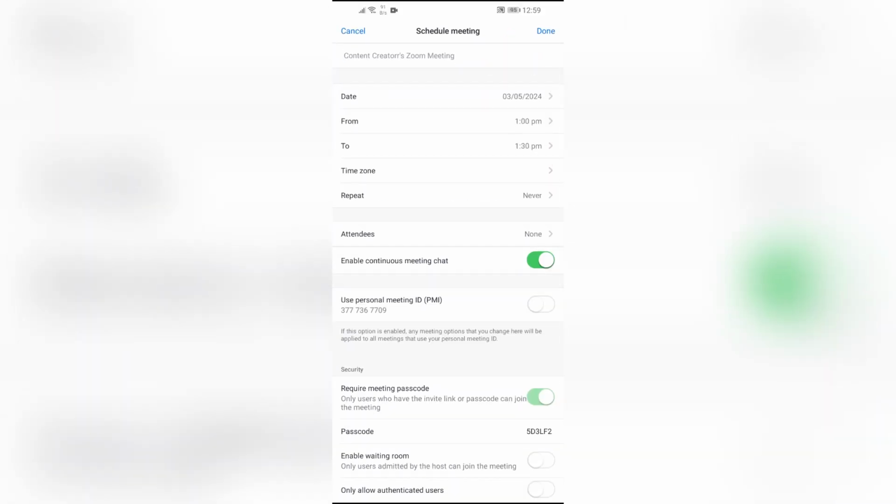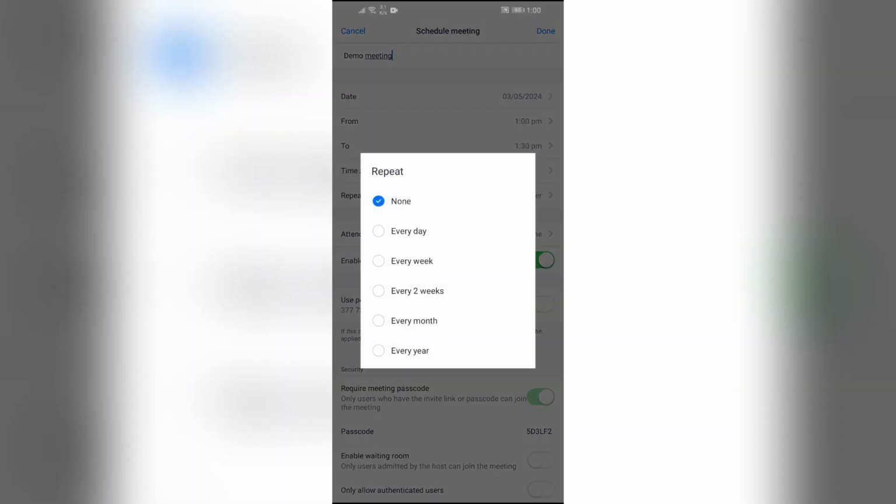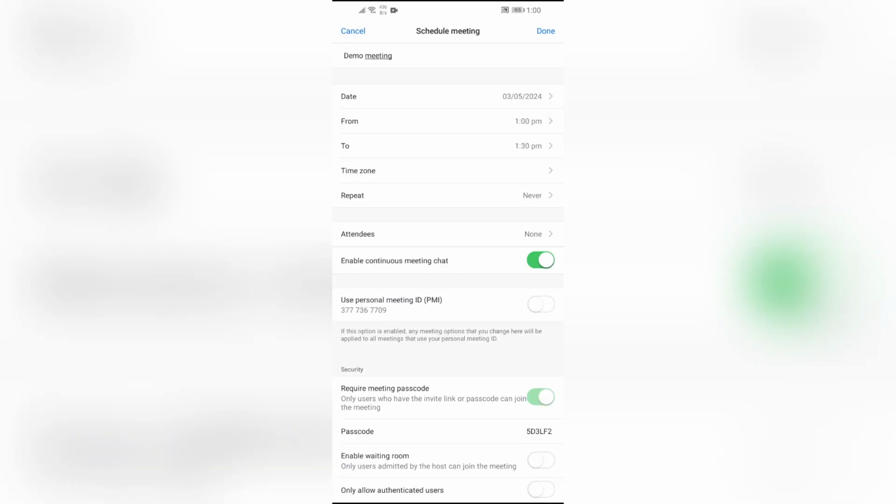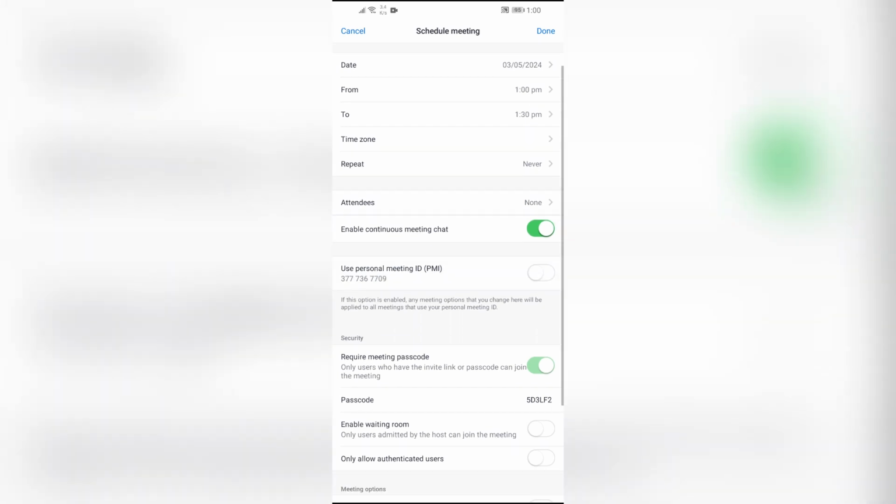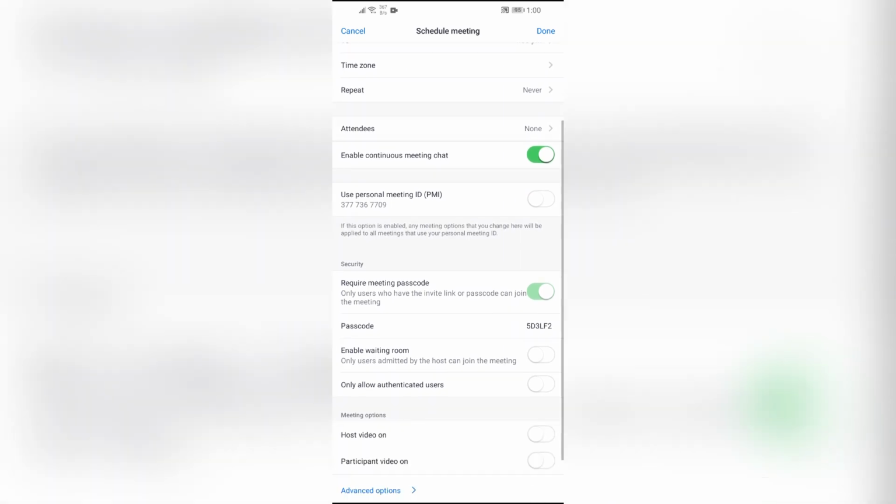First of all, just simply name your Zoom meeting, and after that you can edit date and time and repetition order of this meeting from here. You can set it into this many options, and after that you can choose to enable or disable this option of enable continuous meeting chat, and after that you can also enable use personal meeting ID and so many other